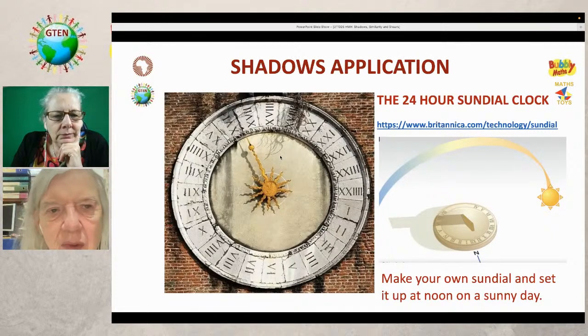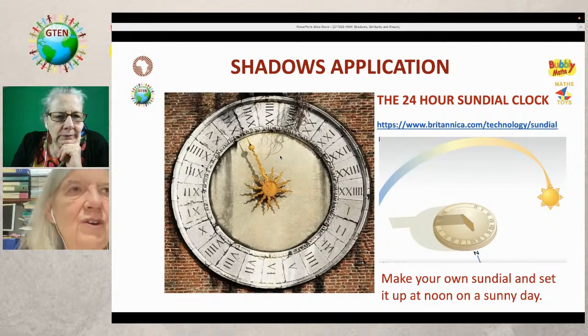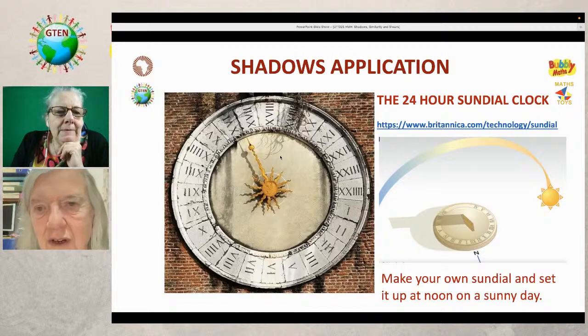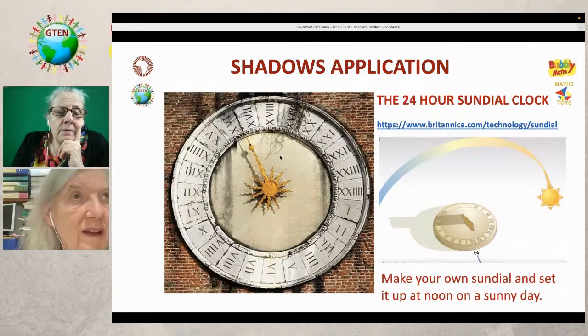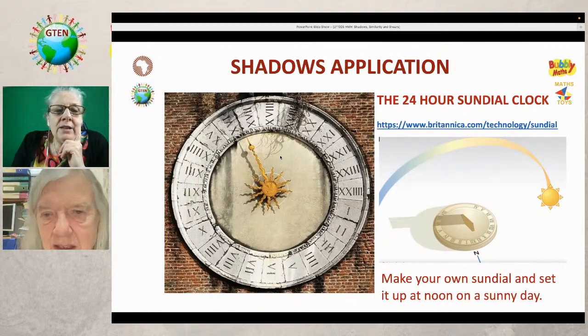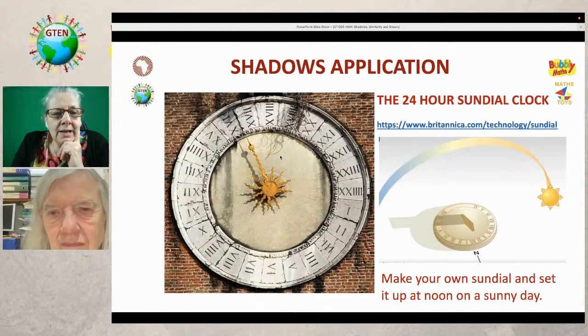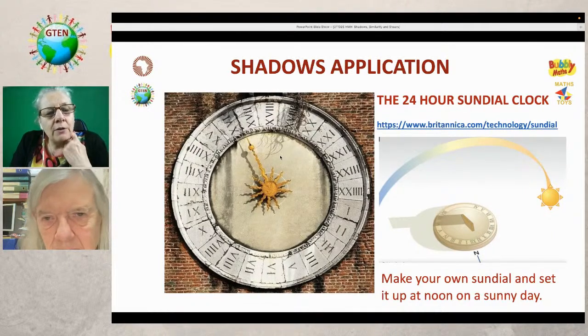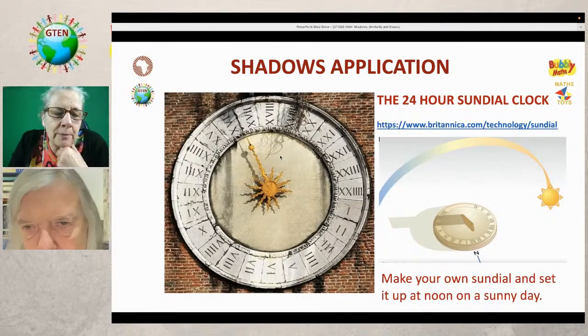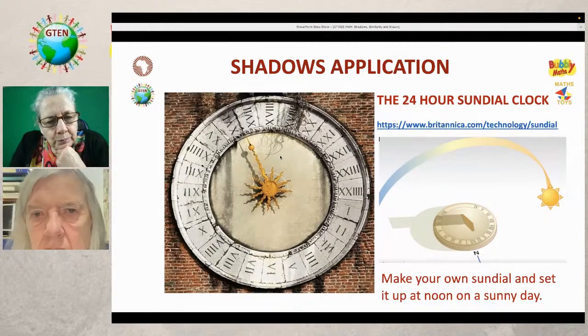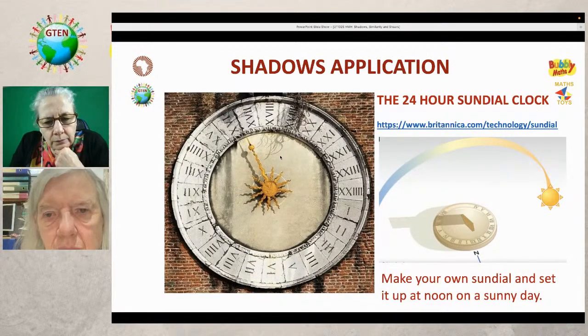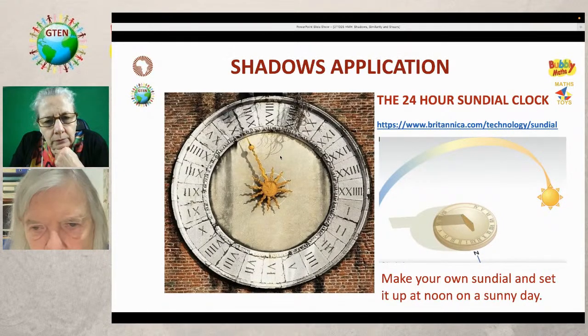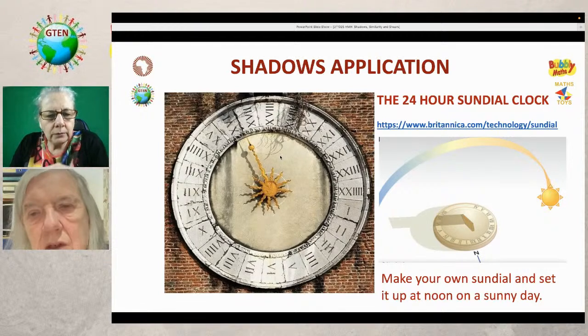Yeah. But there are lots and lots of sundials in this country that are pretty good when it comes to looking at what the time is. I think it's an exercise that everyone participating will learn from, and it's certainly one I would learn from if I make a sundial. Now here you see on the right, you see a sundial, and what you see is